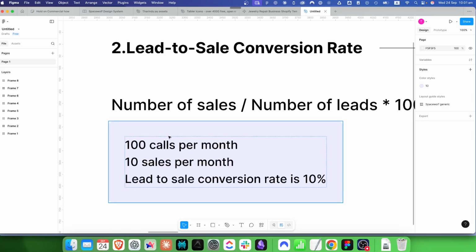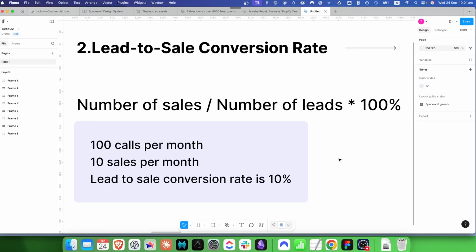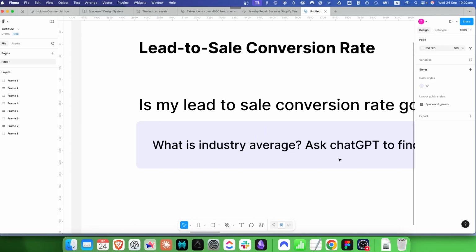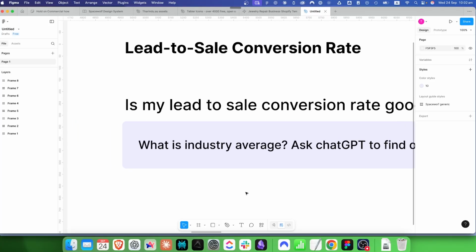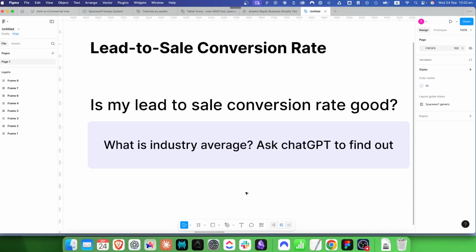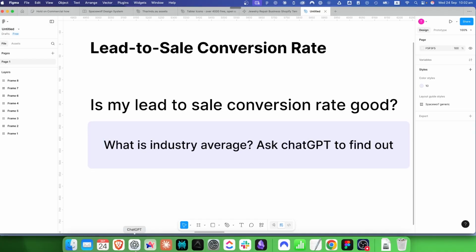Now it's easy to figure out the lead to sale conversion rate, but is it a good rate or not? Let's go to the next slide. Now, how do we know? Let's say your lead to sale conversion rate is 10%, 15%, 20%. How do we know it's a good rate? One thing you can do,